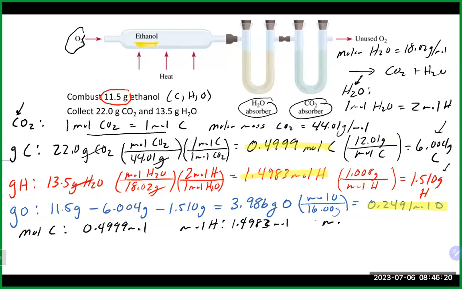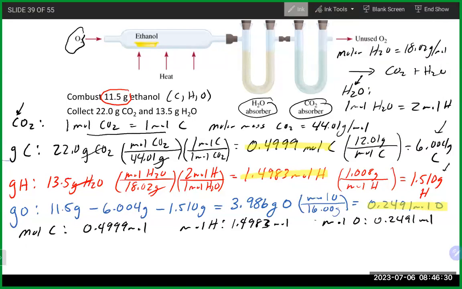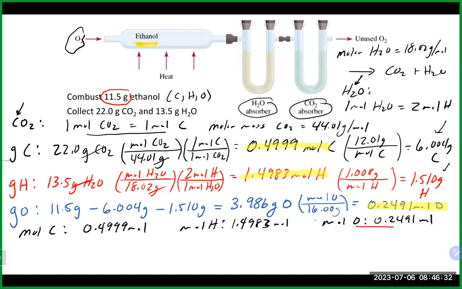And our moles of oxygen, which we just calculated, is 0.2491. It does look like in this case we are going to be dividing by the oxygen. So we're going to divide everybody by 0.2491. That's going to give us for our carbon,